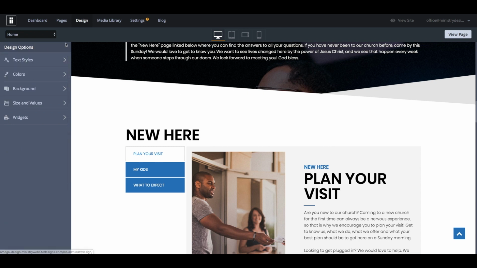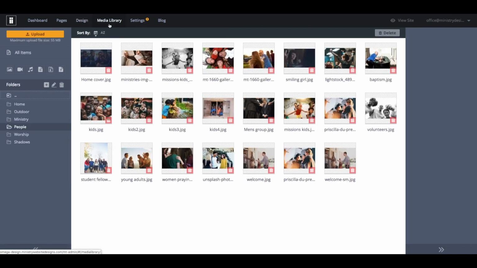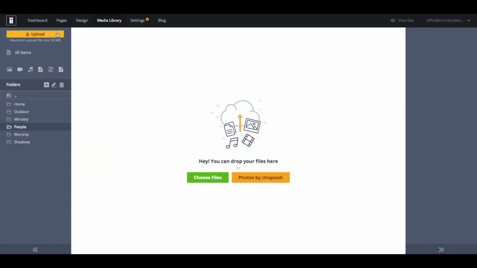So let's go ahead and jump over to the Media Library tab. The Media Library tab is going to be very intuitive, but yet extremely powerful. It's going to give you the ability to upload media directly to your website. All you have to do is select this little upload button here, and that gives you the ability to upload files directly to your media library, as well as our direct integration with Unsplash, which gives you great